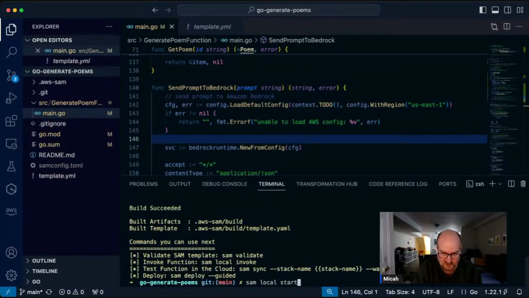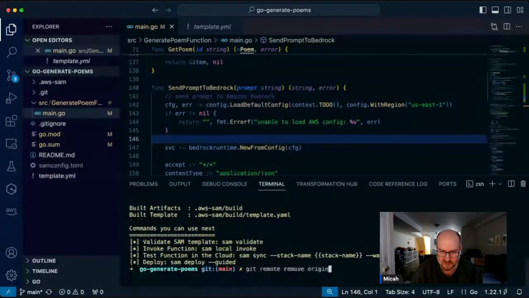So I'm going to do SAM local start API. Oh, you know what I need to do? I need to set up our environment variable. And nope, and you know what? It's going to be a different name now. Why am I doing this ridiculous way to do this? Okay, let's just do it from scratch. Okay.